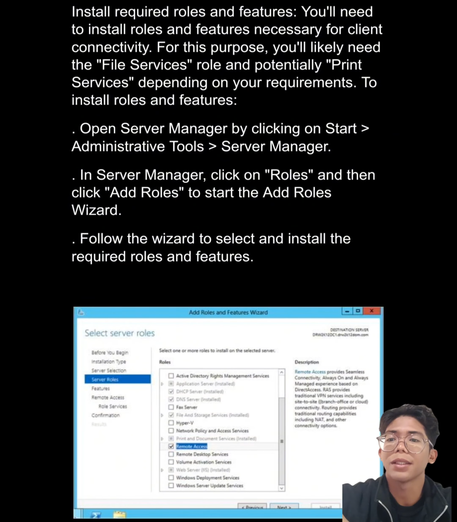The third one is we need to install required roles and features. With that, we need to install the roles and features necessary for client connectivity. For the purpose of it, you will likely need the file services role and potentially print services depending on our requirements. To install roles and features, first we need to open Server